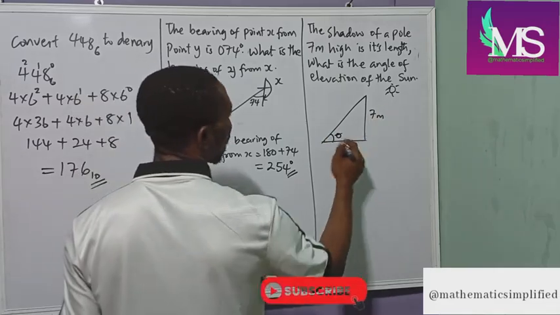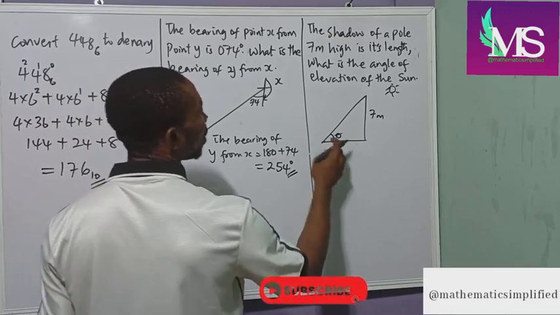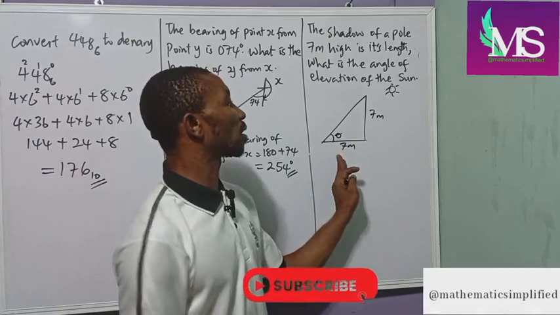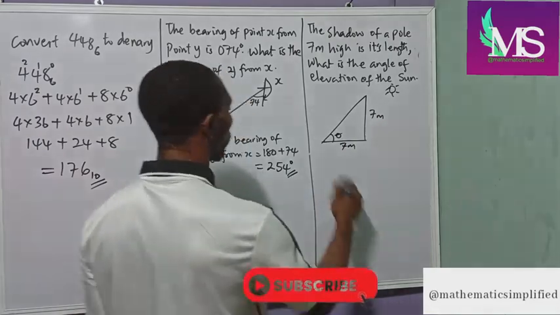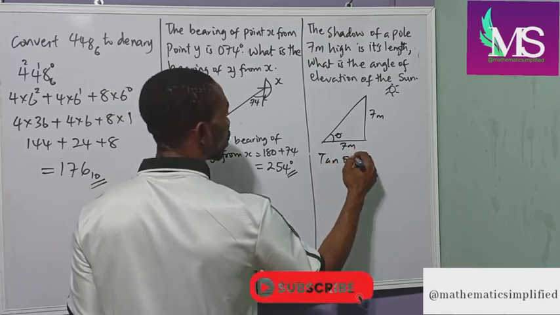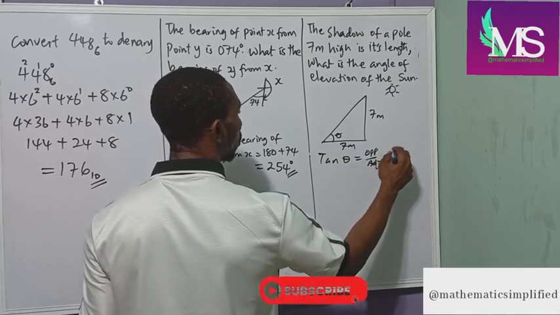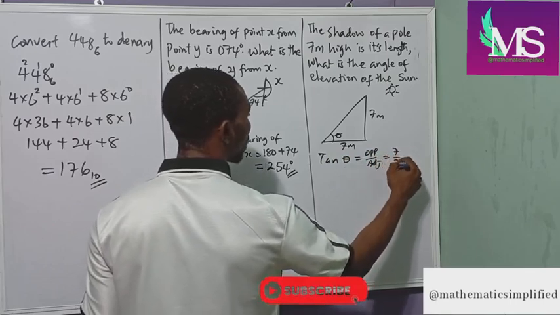We are meant to understand that the shadow cast is also 7 meters. So here we have our adjacent and we have our opposite. We use tan theta equals opposite over adjacent, which is 7 over 7,